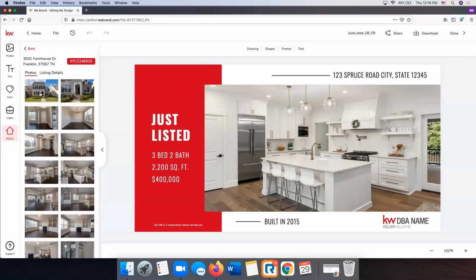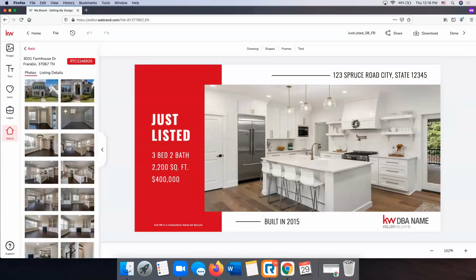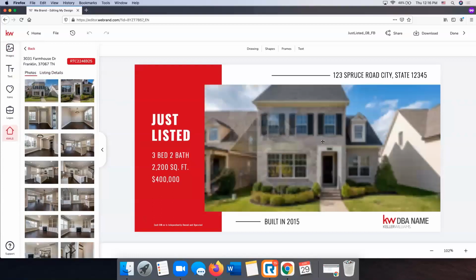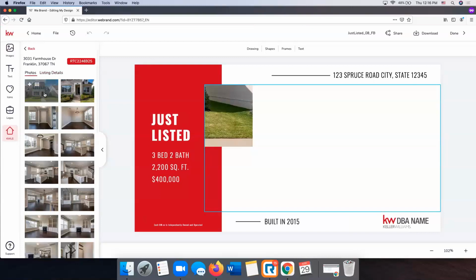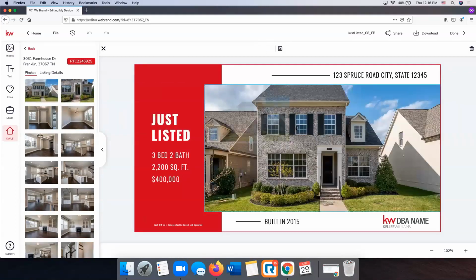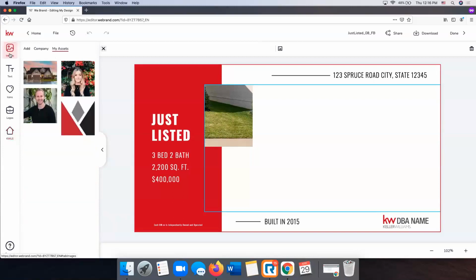So as you can see, it basically ports over all the photos and listing details, so I can very quickly create this piece. So again, I'm just going to briefly do this so we can see and create this piece together. So all I did, and this is an error that's still happening, unfortunately, it has the KWLS photos, but when you add them over, what I did was I just dragged the photo. It's looking like it's going to load, and then it pops it up to this corner. So instead, I'm just going to upload the photo from my computer